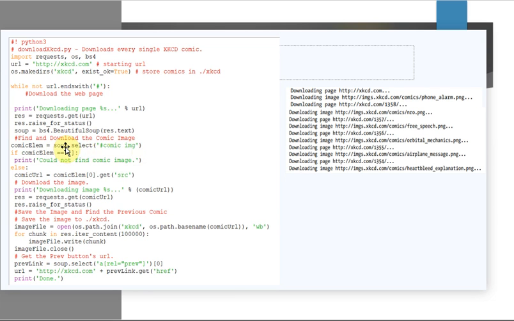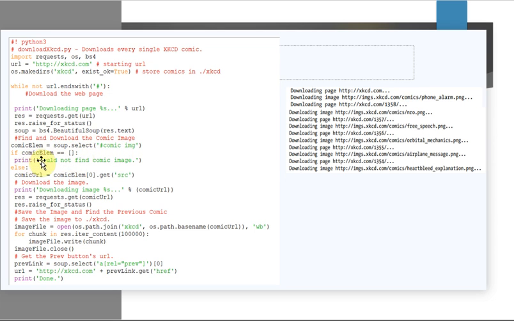Soup is the BeautifulSoup object, and from it you are going to extract only the content matching the selector #comic img. Next, if your selector, #comic img, is not present, or if there is no match, then it will return a blank list.